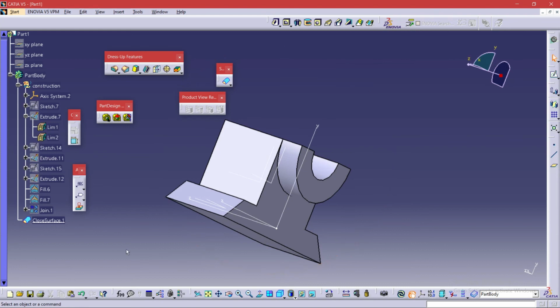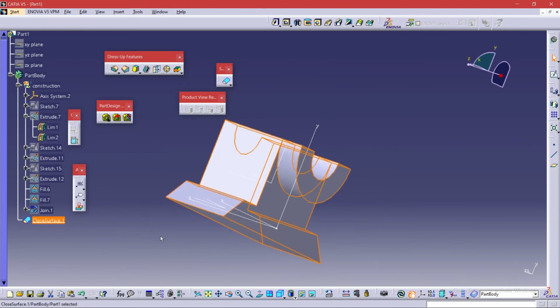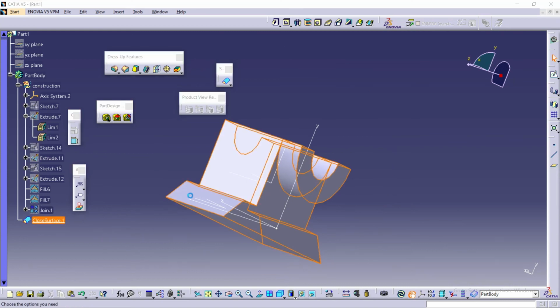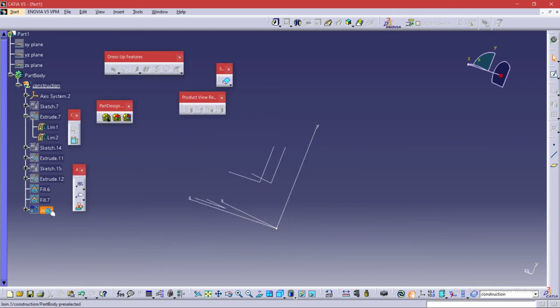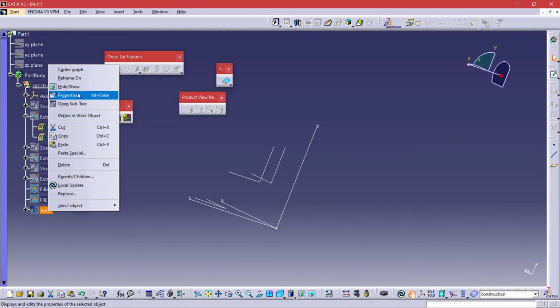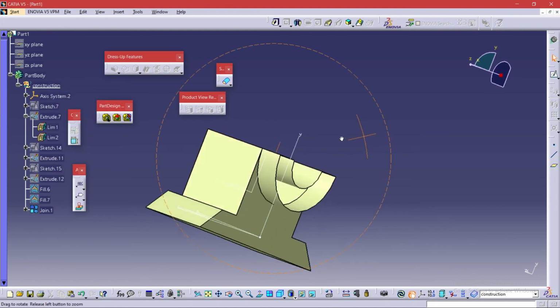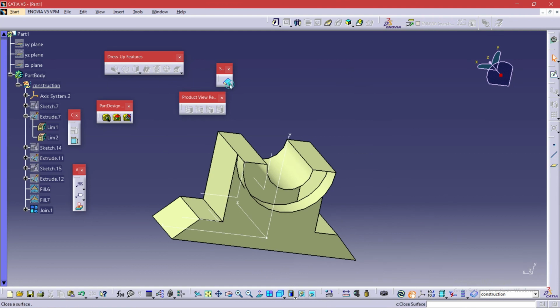Now there is one more command that was missing, the surface thickness command. This thickness command I will try to show you. I will delete this one. Just uncheck the delete option for the parent type, otherwise it will delete everything. See, I have made the same mistake. I need to call it again, and otherwise try to show and hide it. It will be there itself.